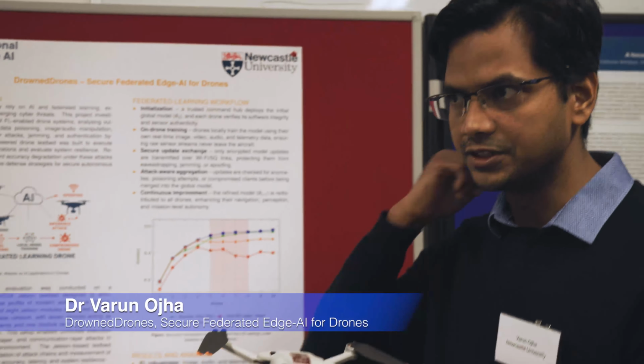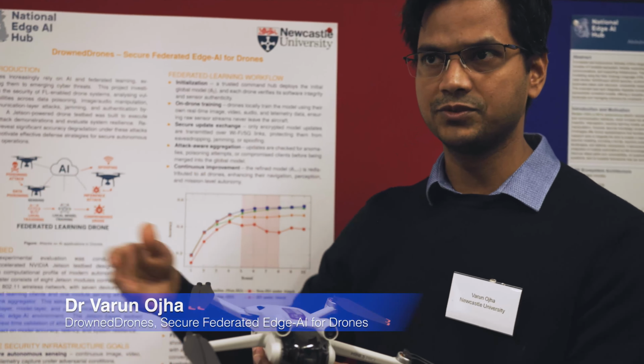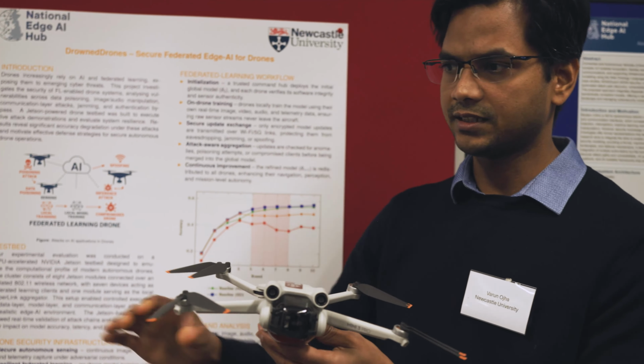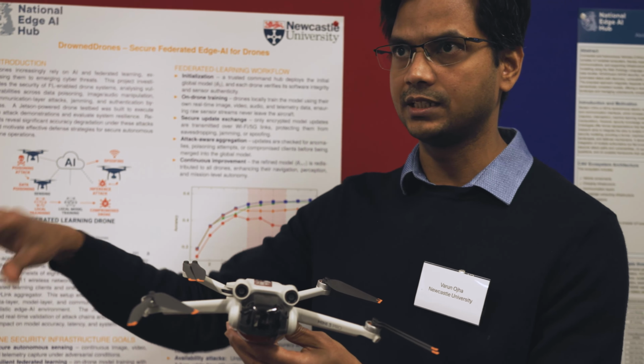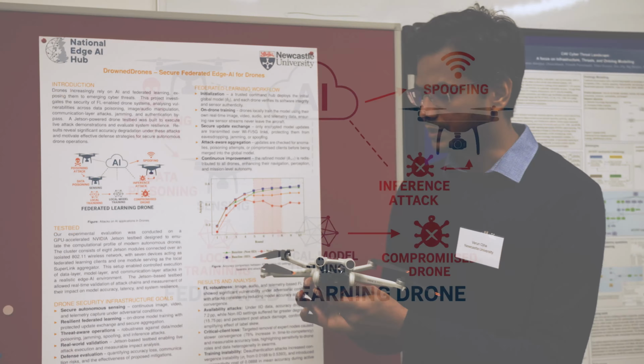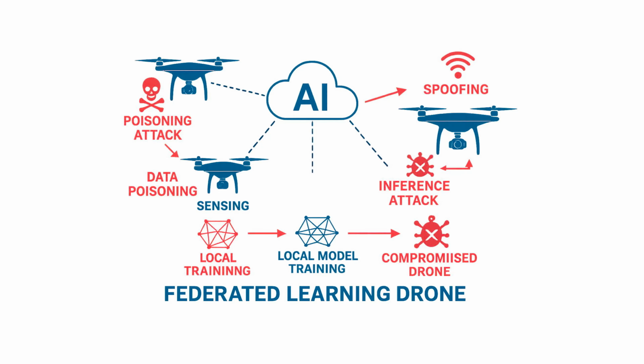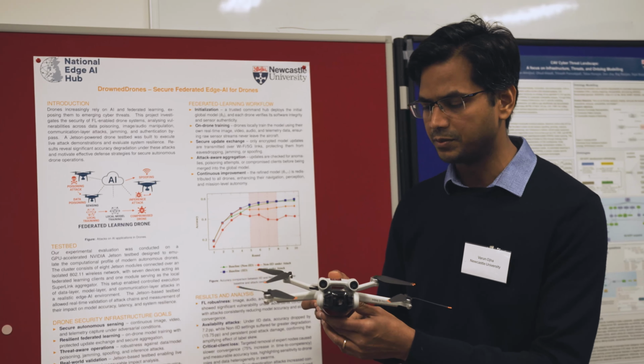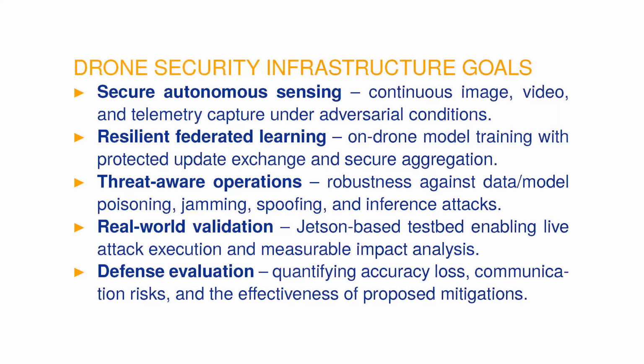So federated learning in the drone is like there are several swarms of drones flying and the drones are communicating with each other. They are collecting and processing lots of data on the fly on edge AI. But the problem we are dealing with is that if there are several drones flying up there, they could be attacked by hackers, or they can even do some kind of faulty recognition themselves. So we need to make sure they are robust enough and secure enough.